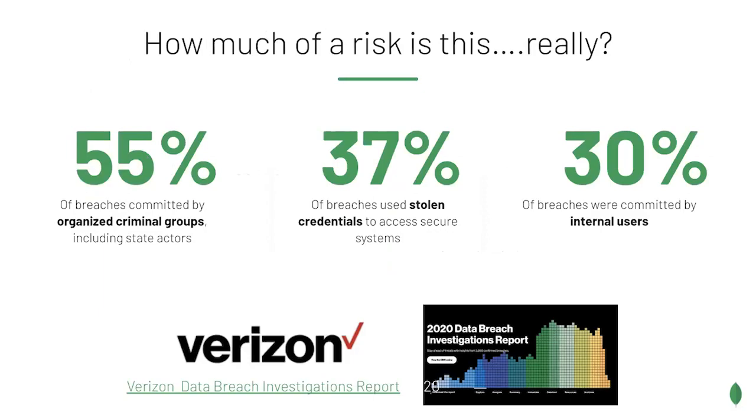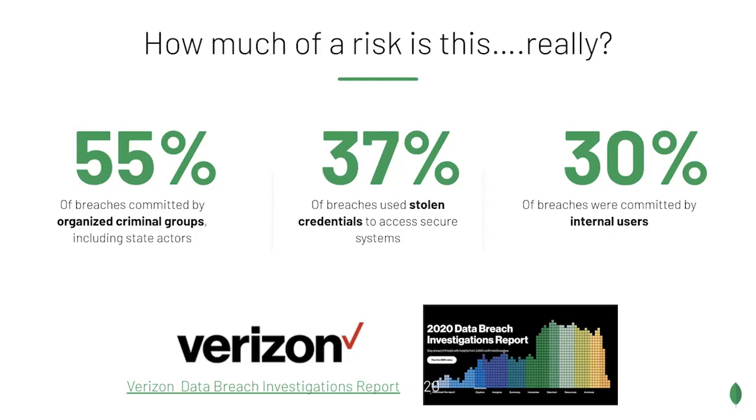So if we turn to the Verizon Data Breach Investigations report, and this is a report that's been published every year since 2008, it looks at thousands of security incidents year on year. It's really one of the most credible and comprehensive guides that's published in the space of security and data breaches. Some stats that aren't actually shown on this slide, but in their most recent report, they found that over 50% of all breaches are now specifically targeting personal data, so PII and PHI, and that represents a 2x growth year on year. So that's the real gold that attackers are going for.